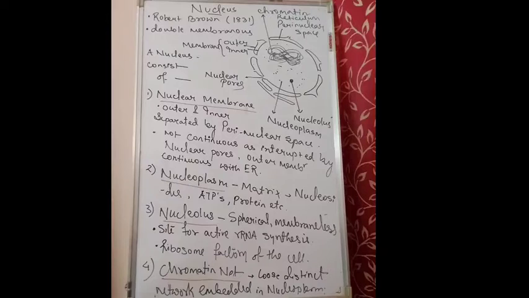Your next cell organelle is the nucleus. The nucleus is also known as the brain of the cell, as it consists of the main genetic material. This genetic material will show the inherent property. This cell organelle was first discovered by Robert Brown in 1831, and later the material of the nucleus was stained by a particular stain known as acetocarmine. Acetocarmine is used to stain the nucleus in order to see the genetic material.